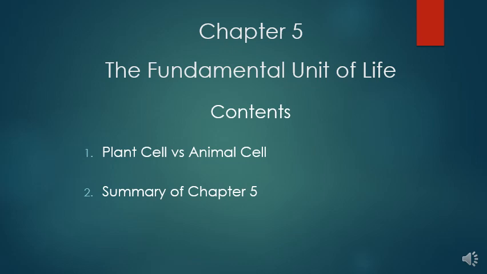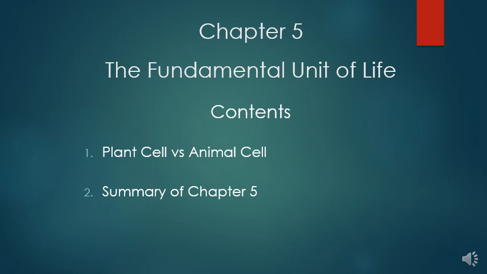Good morning, students. We are doing chapter 5. In the last class, I explained to you about plastids and vacuoles. We discussed the different types of plastids, chromoplast, chloroplast, and leucoplast, and also the structure of chloroplast with the help of a diagram. I also discussed vacuoles and their important functions.